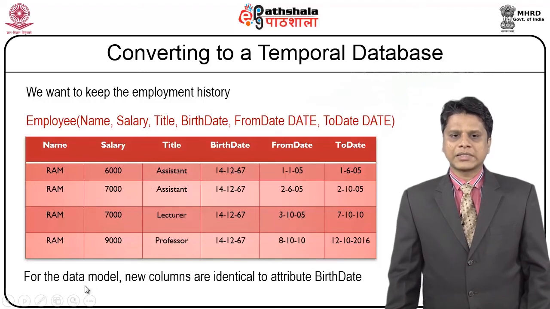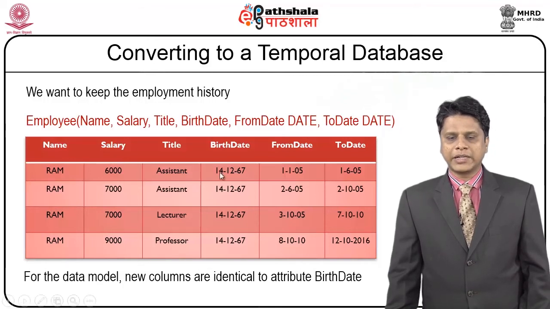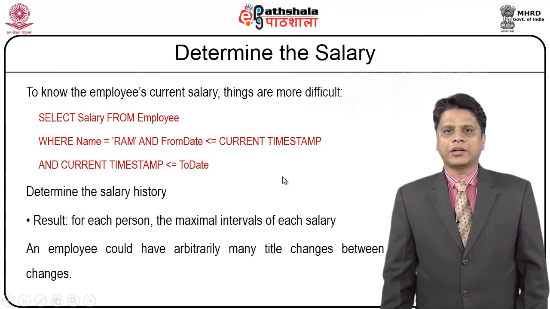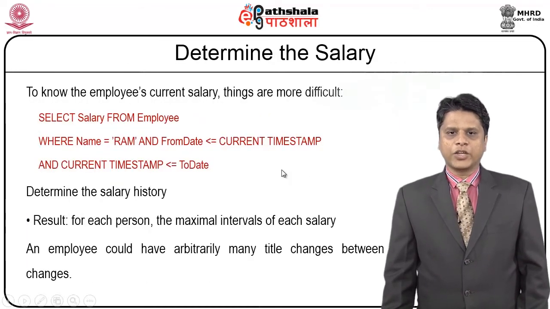So for this data model, the new columns are identical to the attribute birth date. The birth date column is said to be the same for almost all the attributes, not only the birth date column. As I have already mentioned, this is the history of a particular employee named Ram. Now, to determine the employee's current salary,